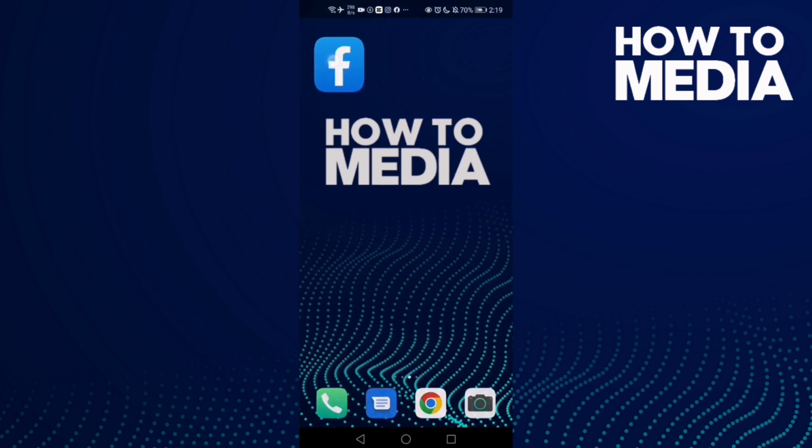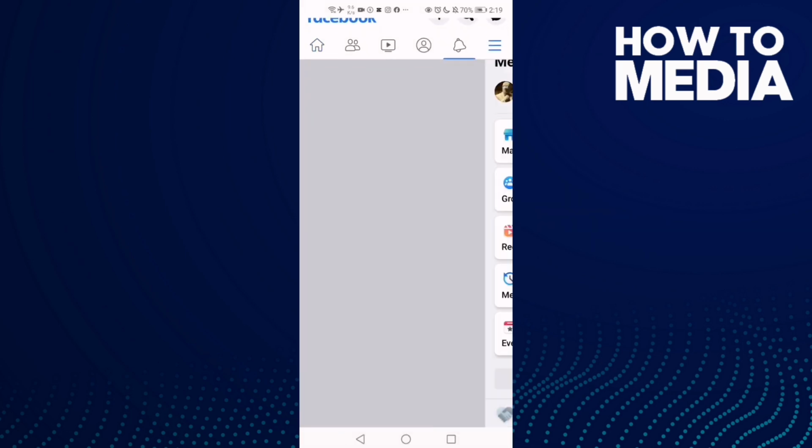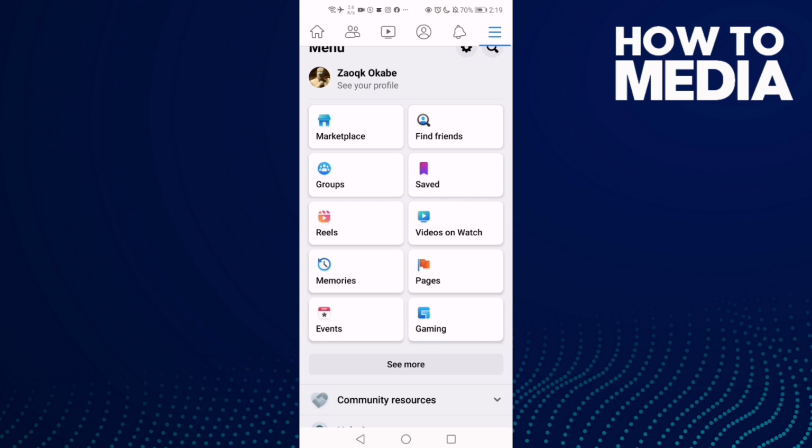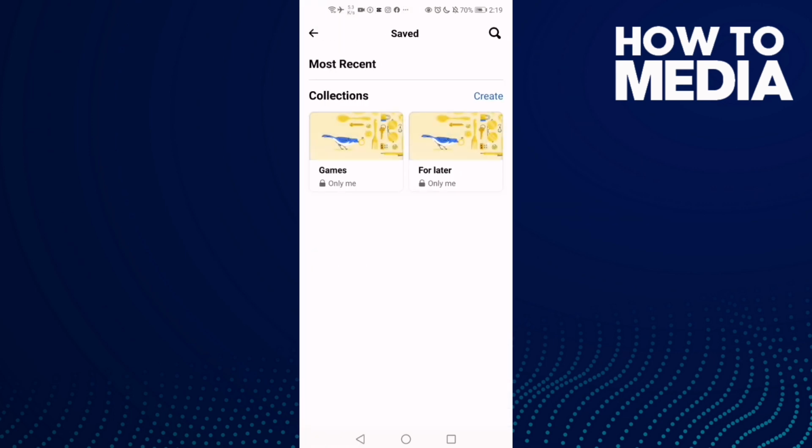First thing, go to Facebook and then just click these three lines here in the top corner, and here you will find the save it. Click on it, and here just click create,